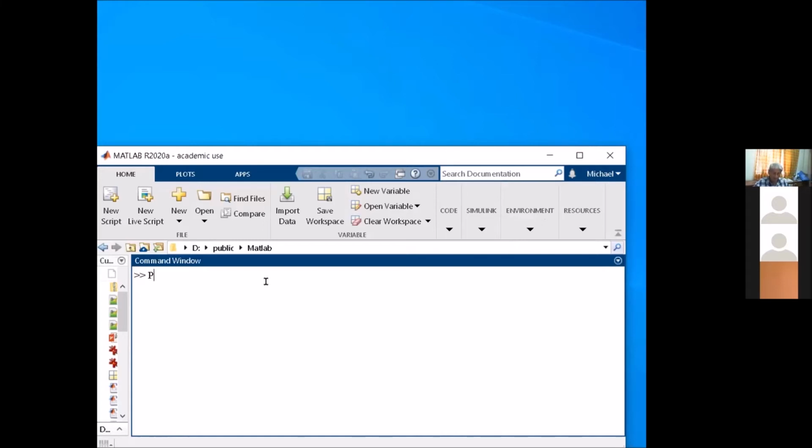Our figure, let's say P, is equal to imread, the image read command, and the name of the picture file is beam deflection